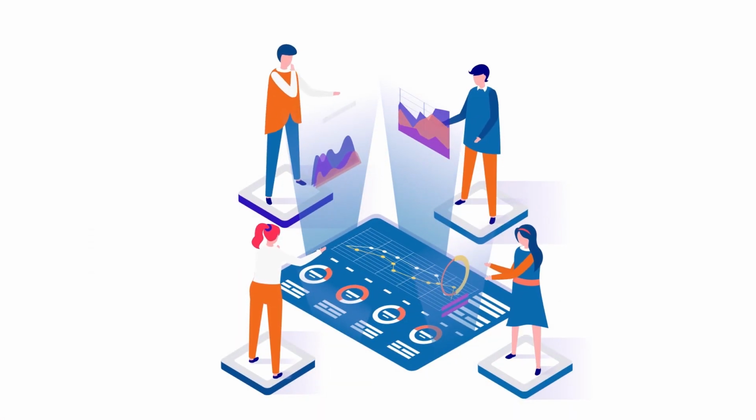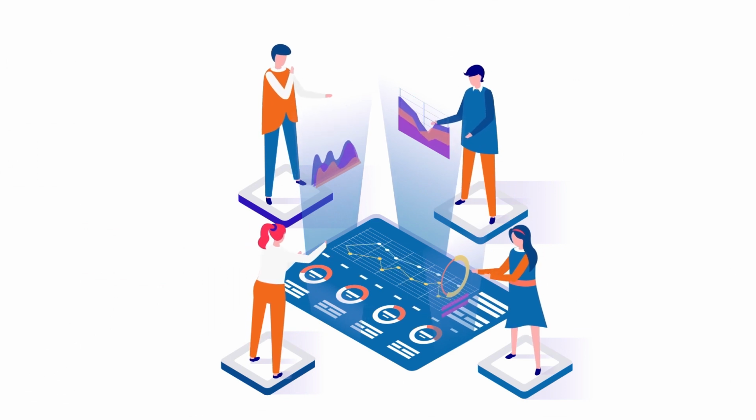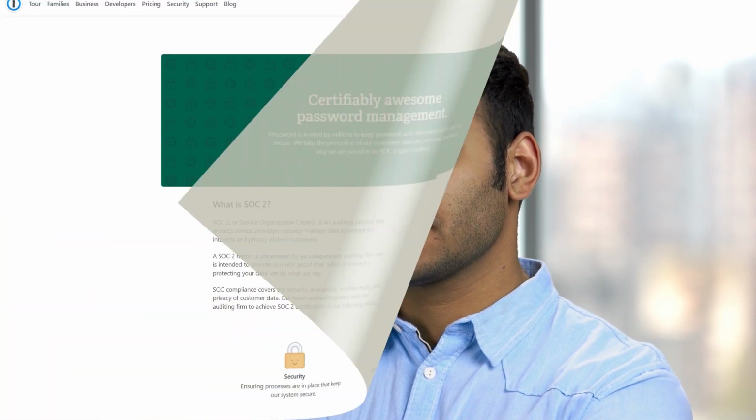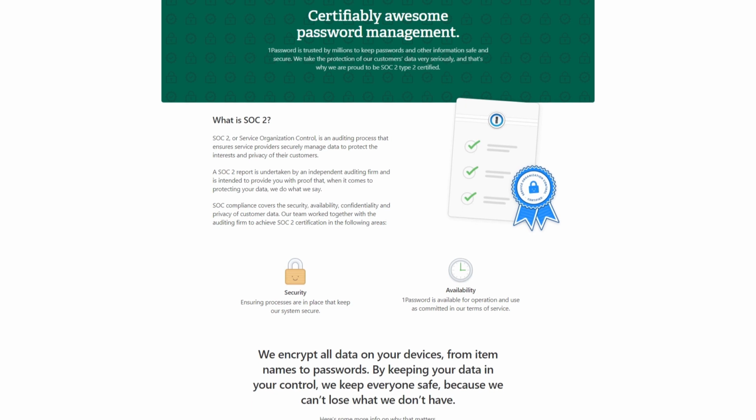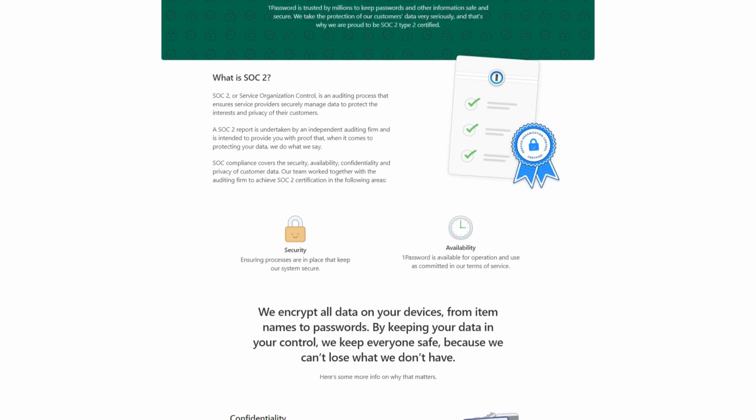In one of its statements, 1Password claims that security is not only a feature, it's the foundation on which the company is built. Judging from everything we saw during our tests, we think 1Password is keeping its promise pretty well until now. If you are still skeptical about the security performance of 1Password, we'd like to tell you a few things. To start with, the password manager has AICPA SOC 2 Type 2 certification, which indicates secure and safe data